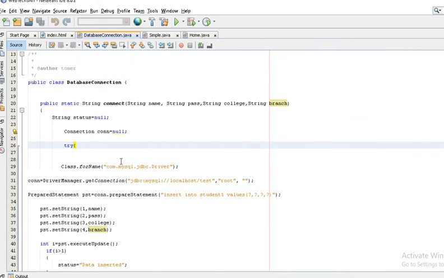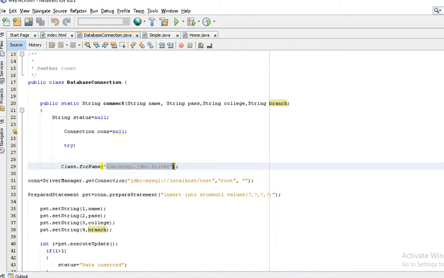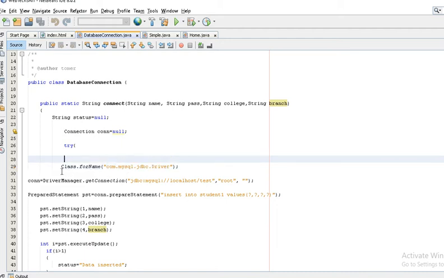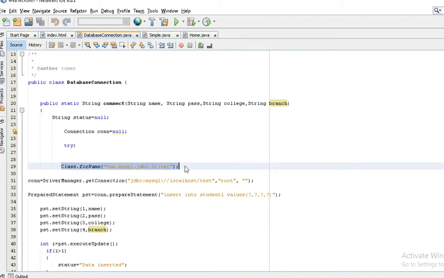I'm using the MySQL database, so I need to give the MySQL connection string to connect to the database. With the help of this string, first the driver is loaded. We need to work on the driver before starting the database connection. First, the MySQL driver is loaded. I have already taken some MySQL driver.